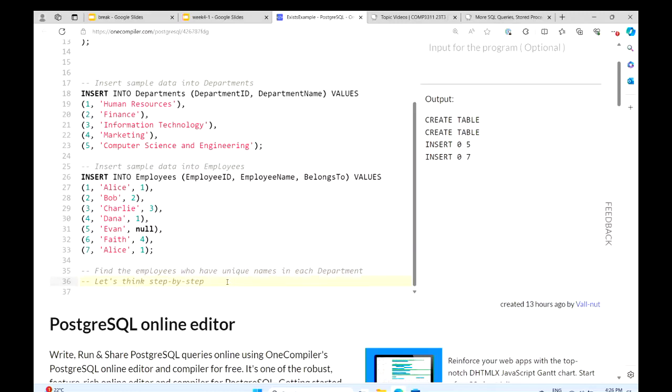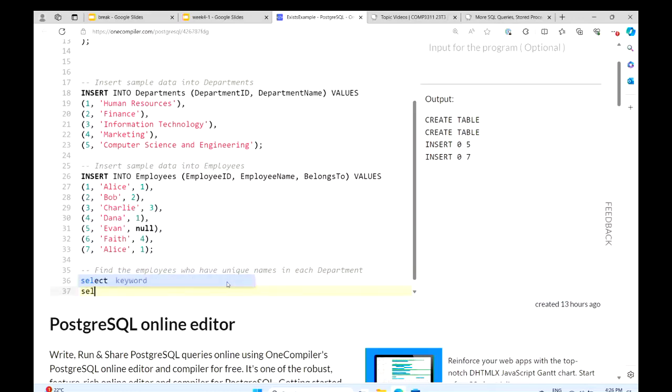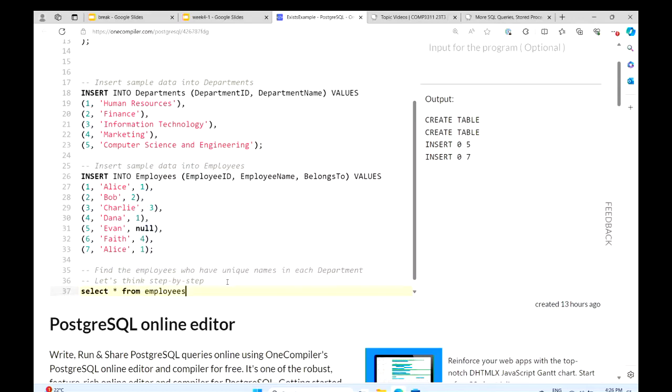And if we follow this idea, what we can do is we can select from employees where